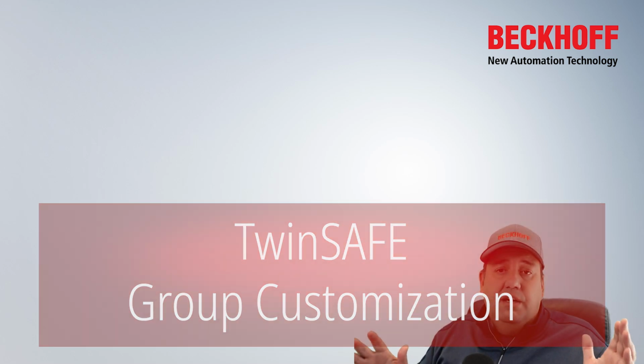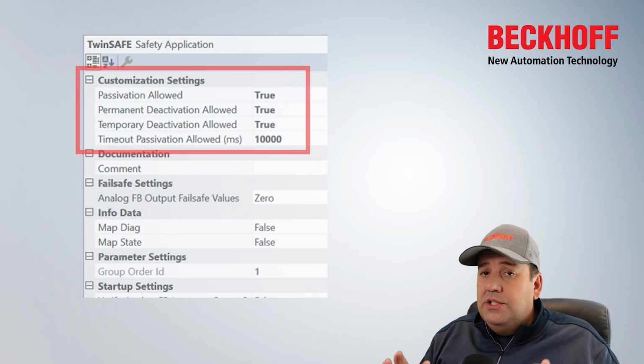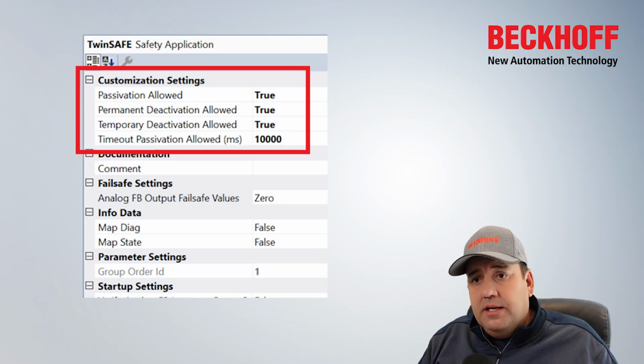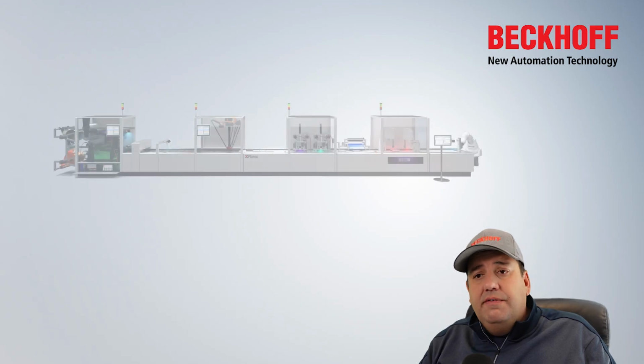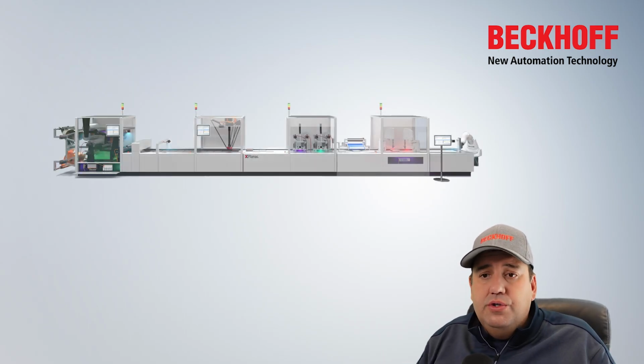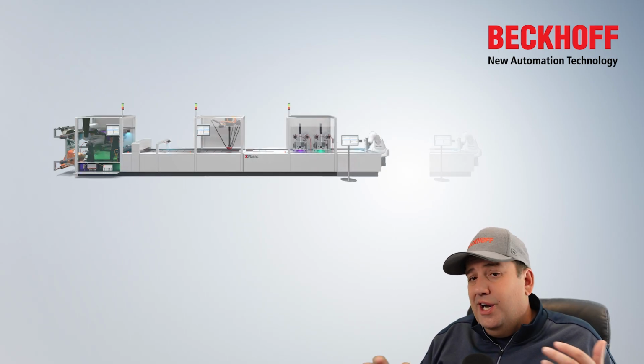Customization is the process of enabling or disabling a TwinSAFE group in an active project. There are three ways to deactivate a group: permanent deactivation, temporary deactivation, and passivation. So, what's the difference? Permanent deactivation of a TwinSAFE group is generally used for modular machines where different combinations are